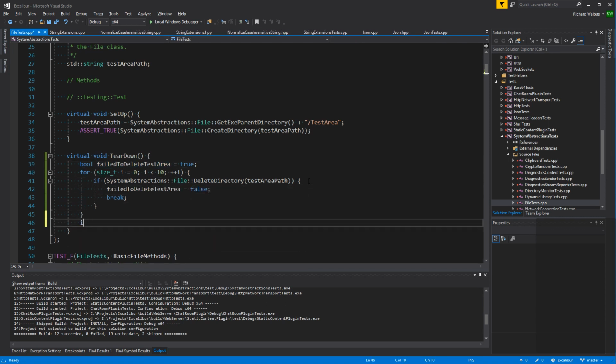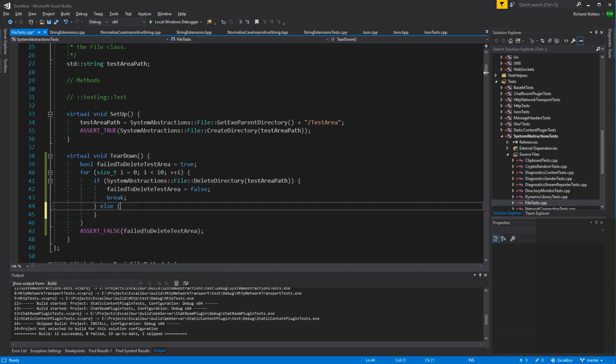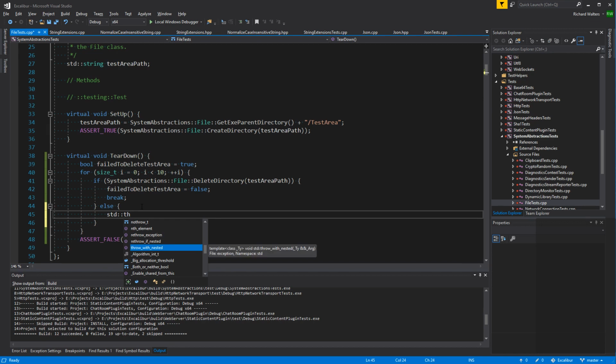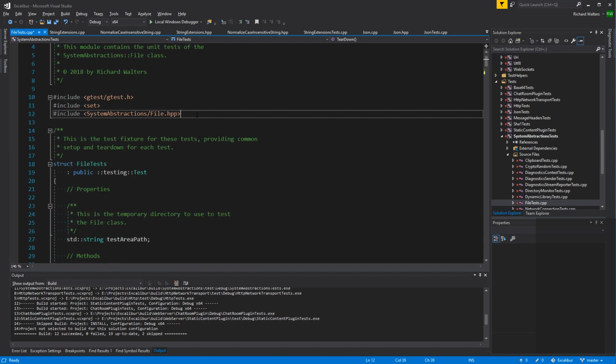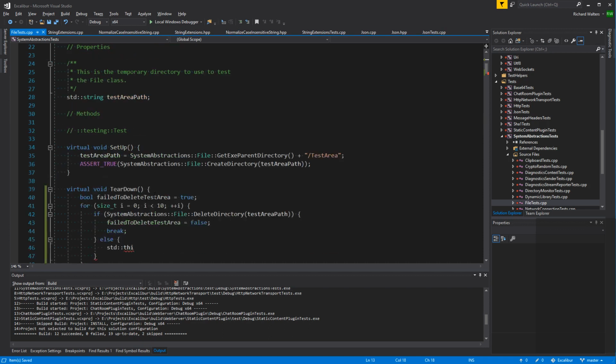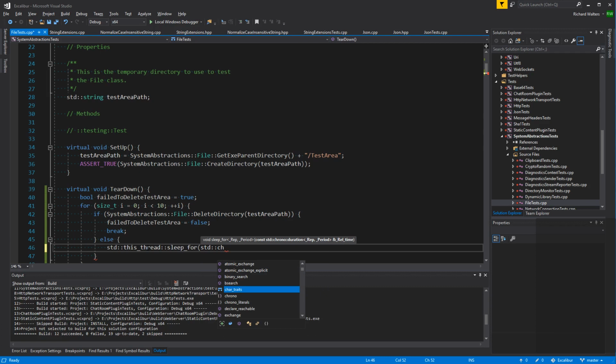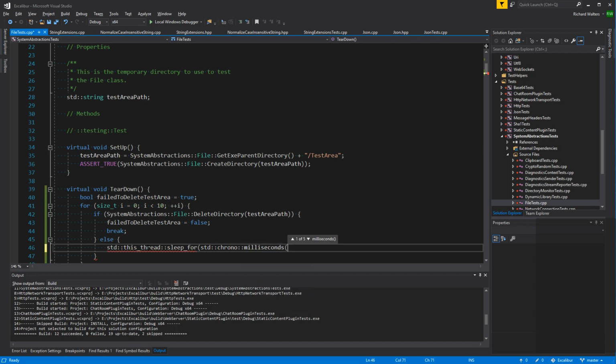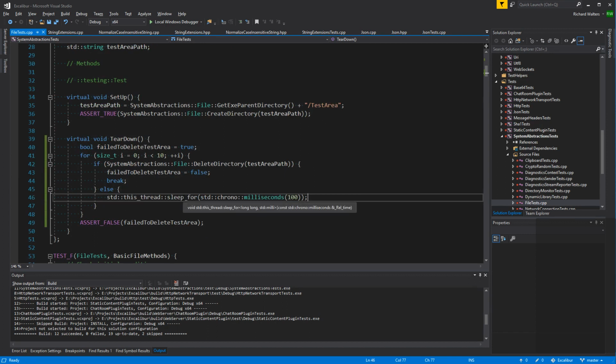We'll say if, or we'll assert false. Else, what we'll do is we'll do a backing off kind of thing. Okay, I need thread for this. This thread sleep for chrono seconds, or I don't know, milliseconds? 100 milliseconds? So it'll try 10 times, so up to a second to delete the test area.